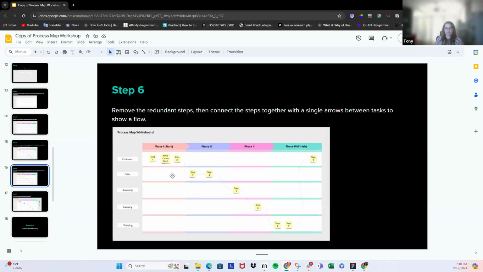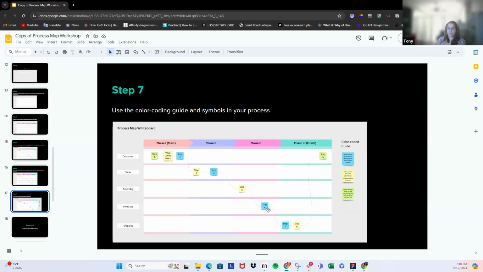Once you have all the information and each person writes their part of the role, we eliminate the duplicates, and we connect the steps, and we end up with a flow. That's the flow that's defined for your process. And the lanes are the steps for each person or discipline or whatever you want to call it. And then the columns are for the steps you take in the process. And we can use colors to